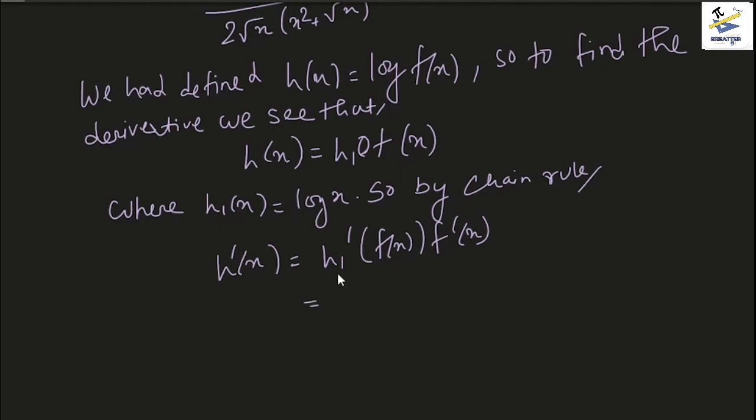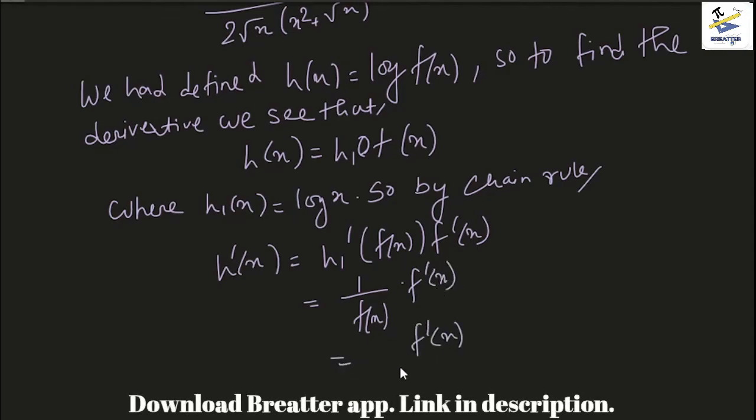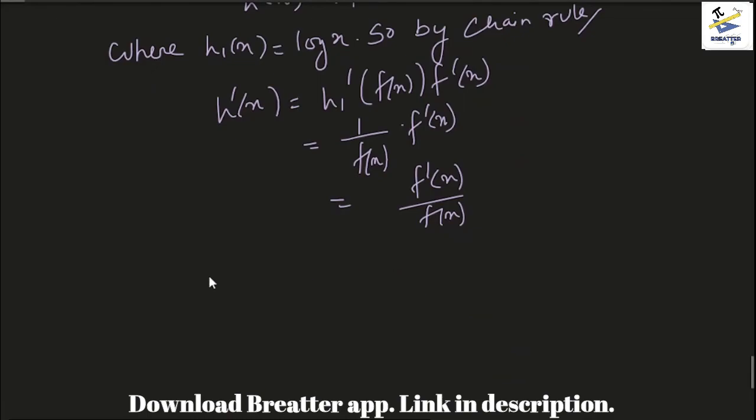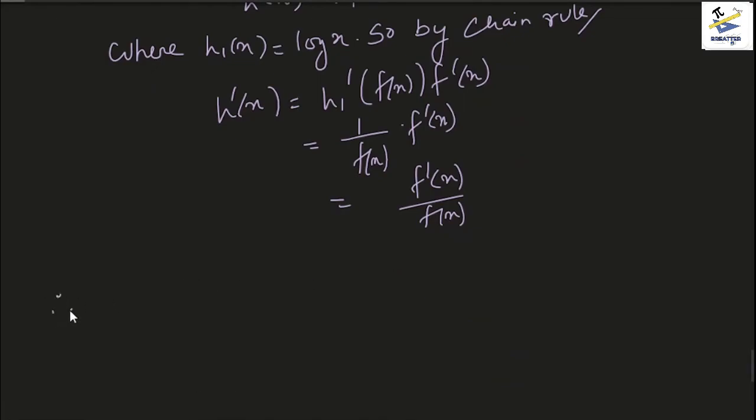And since h1 is logarithm, the differentiation of logarithm is 1 by x, we can say this is basically 1 by fx, and this remains f dash x, as we do not know f dash x yet. So this becomes f dash x by f of x, right? So we see that therefore f dash x should be equals to h prime of x into f of x,